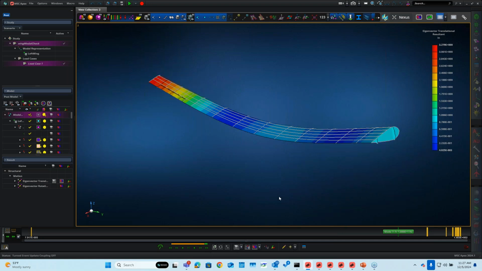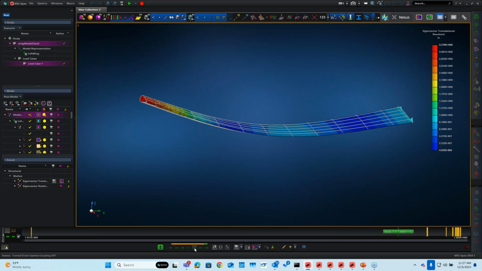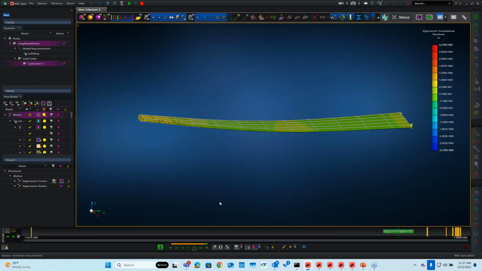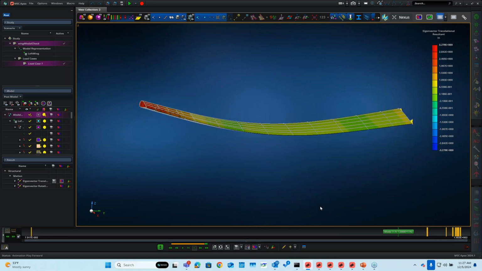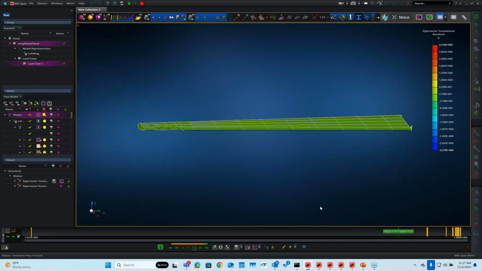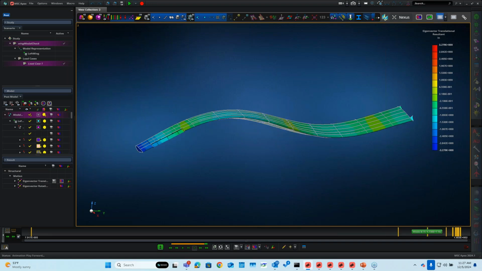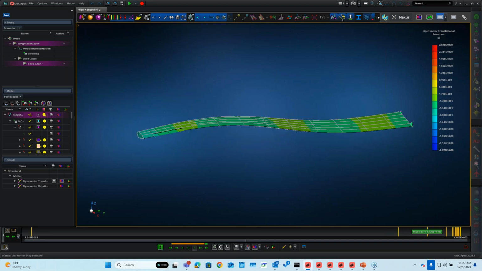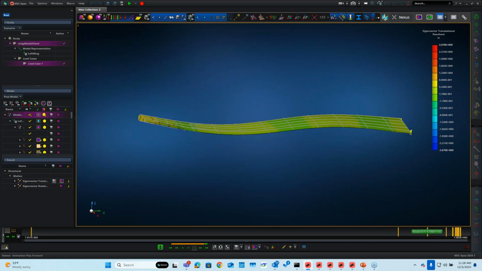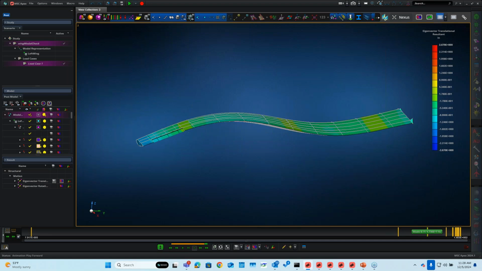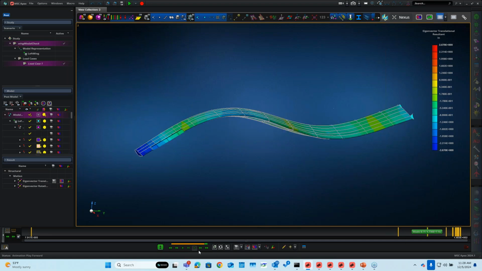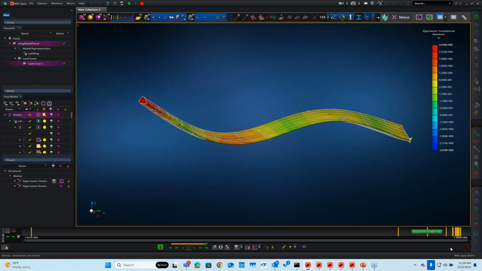So, I just did a simple modal analysis of my wing, and I'm just expecting to look for modes. I don't have any constraints, so I actually have 6 rigid body modes. This is the first flexible mode, which I would expect would be some kind of bending mode like this, clearly, right? So I can run the model. In this case, I chose to do a modal solution, but I could also look at other solutions as well to get a feel for whether I am meeting my objective. At this point, I would export this to a Nastran input file,